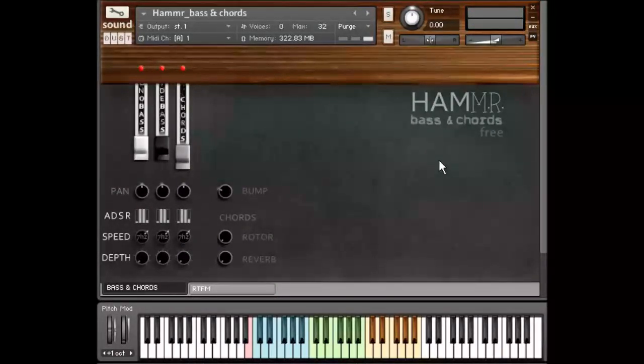Another free instrument. This is a derivation of a not free instrument, or two not free instruments, which will be released very soon. But this is the first preamble to that. Quickly to explain, it's a Hammond organ. I probably shouldn't say Hammond for fear of being sued. But it's a well-known old-fashioned valve-based beast of a drawbar organ, which I've just spent the last 6 months working